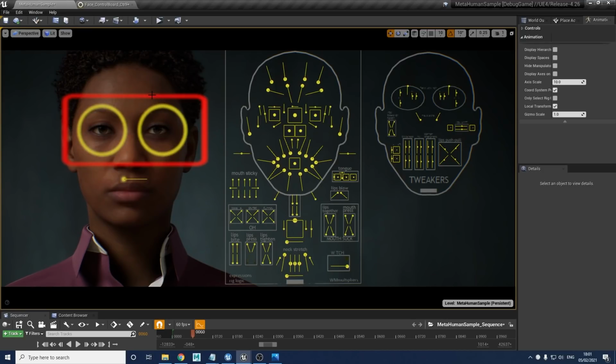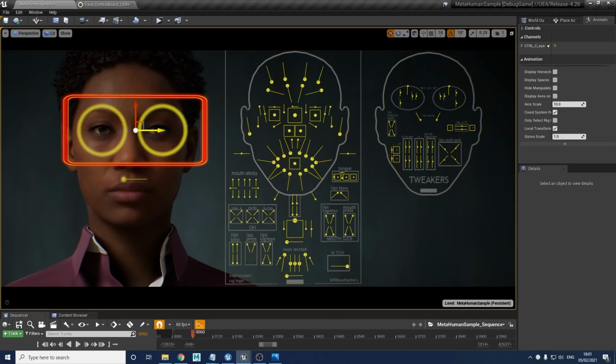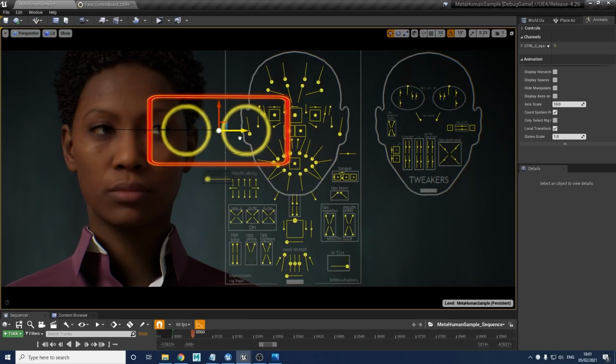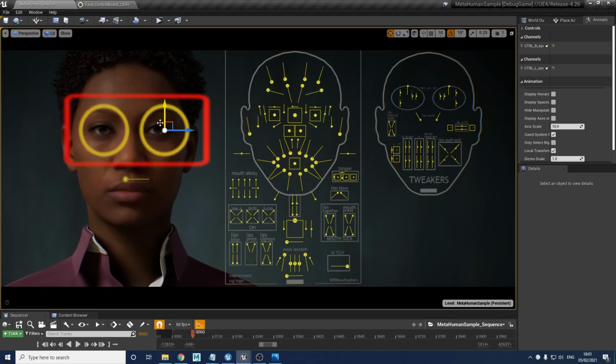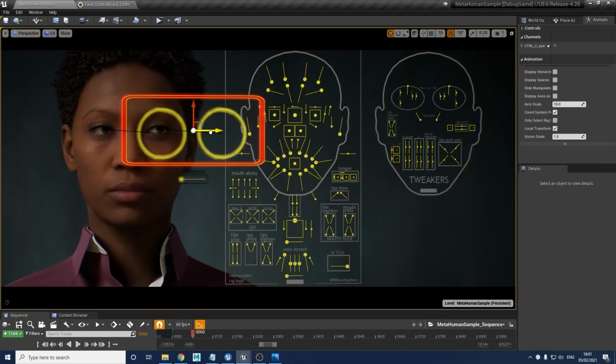For example, when we're talking to someone and looking at them in the face, we don't tend to stare intently and not move. We have all these subtle eye darts that go on, but perhaps they're walking around and you want to maintain your tracking of that person. You've locked this onto their face as they walk around, but you want to keep the eyes alive and have these subtle darts. You can do that with these little ones in the middle, all the while the overall direction is the same.